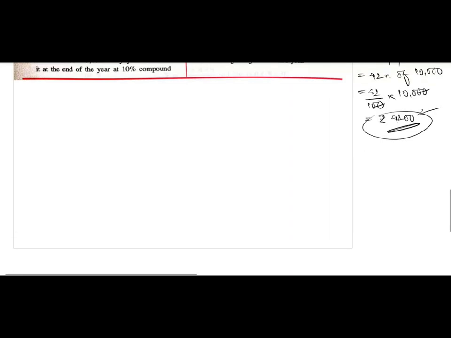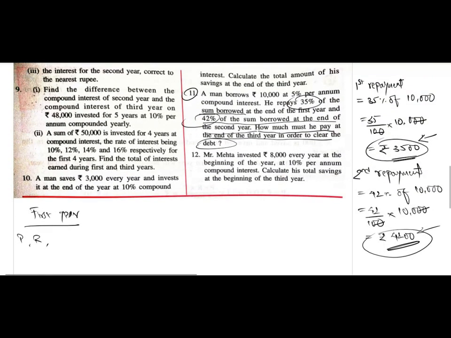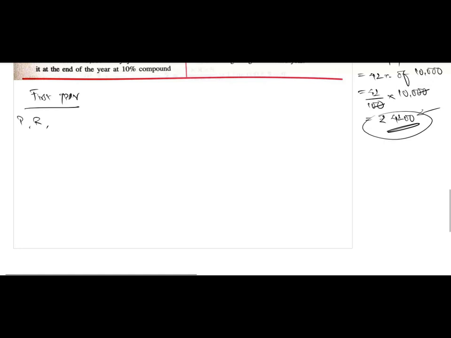First, you will do the calculation for the first year. Right? So you know the principal, you know the rate. Principal is 10,000, rate is 5% per annum. You know the time, 1 year. You will find I1, and then you will find A1, the amount at the end of 1 year, which is P1 plus I1.